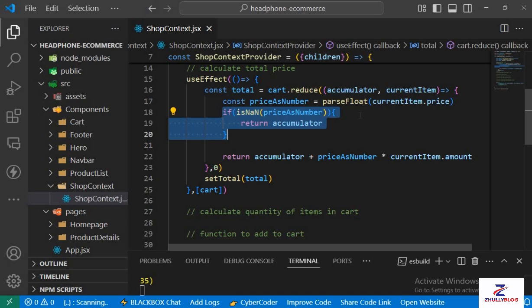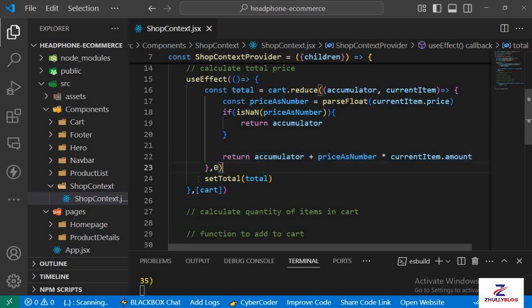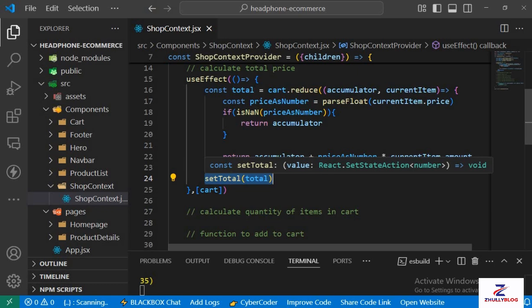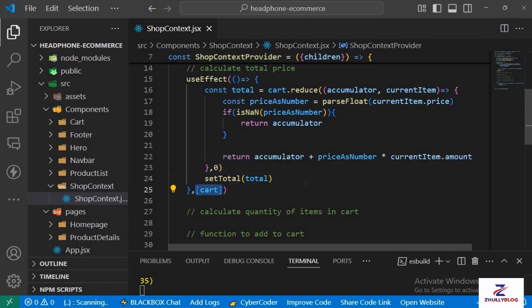If price is not a number, return the accumulator, but if it is a number, we want to return accumulator plus price as number multiplied by the current item's dot amount. Then we're updating our total state with the setter function set total, and here we passed cart as a dependency array to ensure that the effect runs whenever